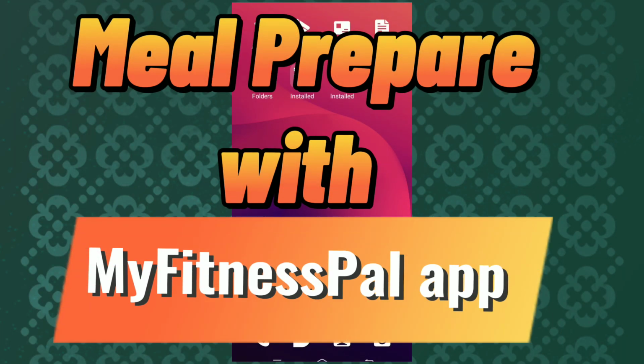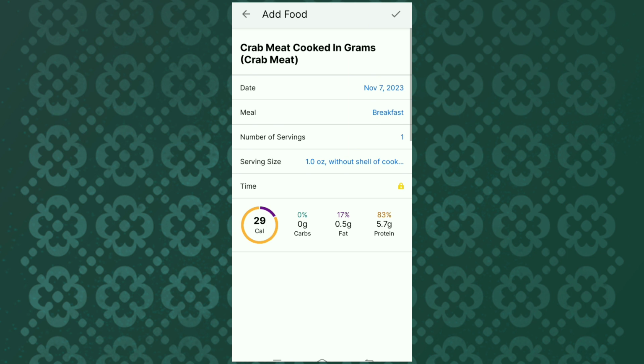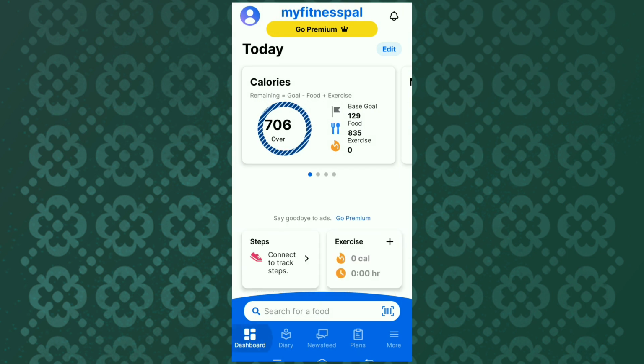How to meal prepare with MyFitnessPal app. Firstly, you have to open the MyFitnessPal app. Then you have to move to the dashboard that appears at the bottom here, and you can add or